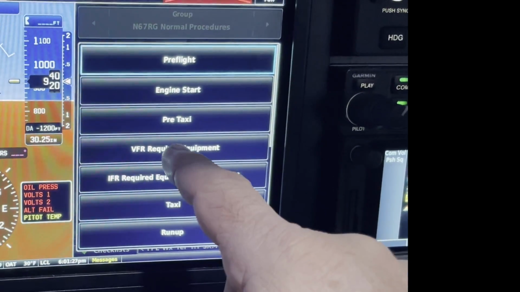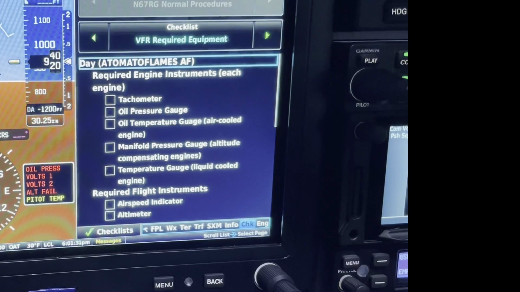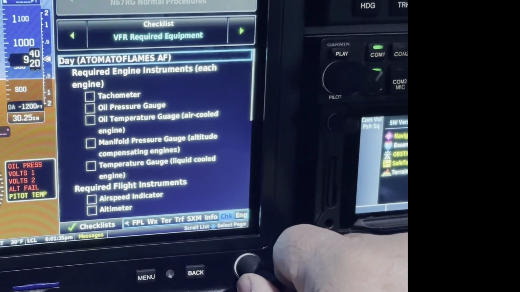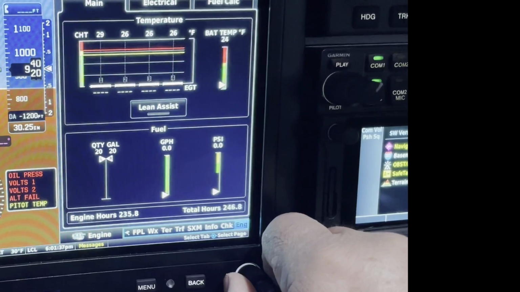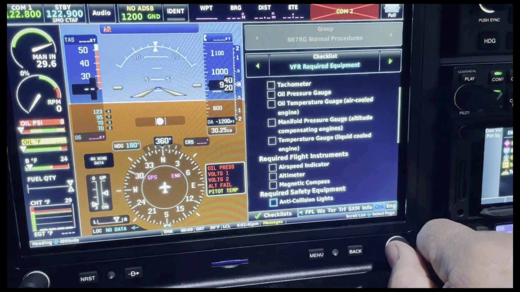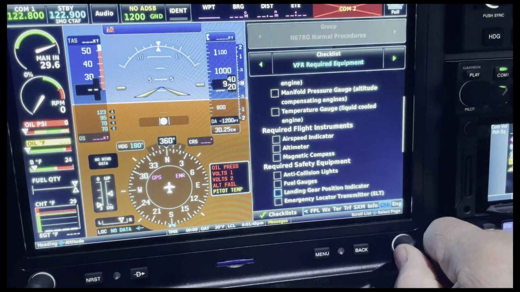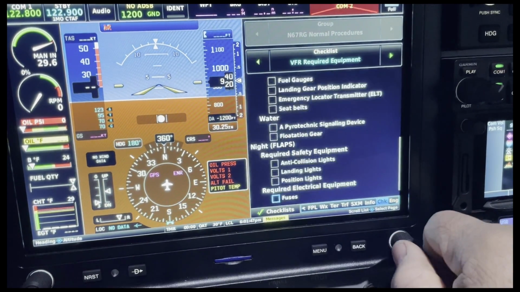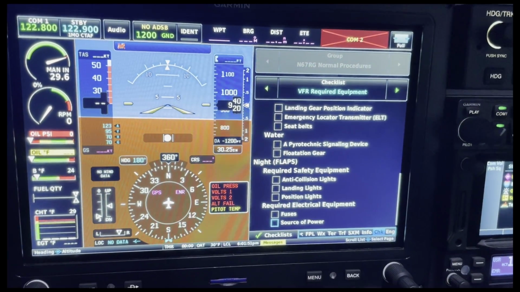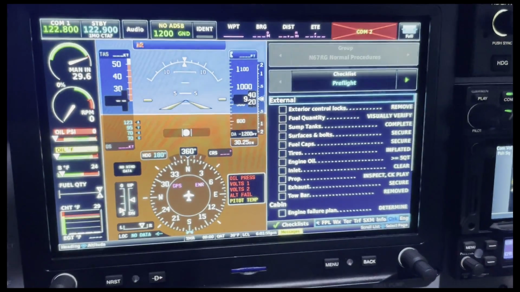So I thought these were a good idea just to be able to go through and do like tomato flames and stuff and verify. Seems like a really good way to do a checklist that I've not seen before. So it has all the stuff, tachometer, oil pressure gauge, and I put in information to try to clarify stuff. So anyways, it's got the nighttime information, but I thought that was a great idea. So we'll go back to pre-flight, and